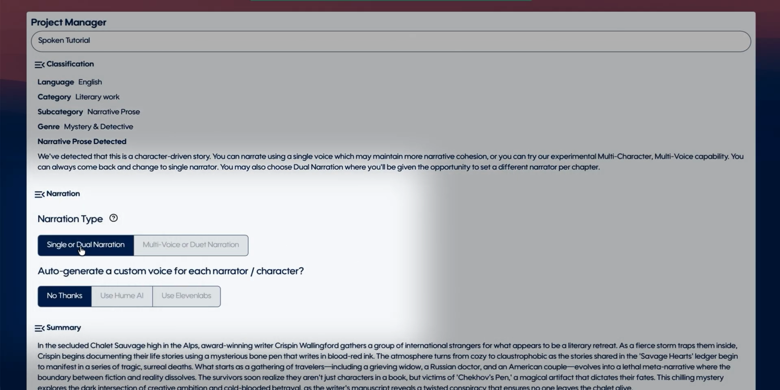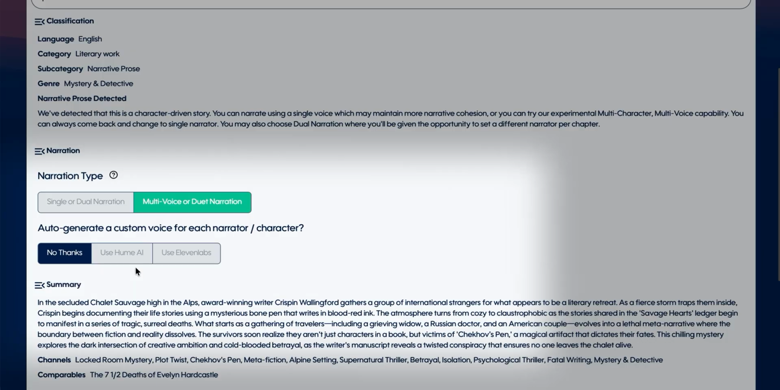If you wish to go with either single or multi, you can also auto-generate the voices that are right for your narrator and your characters as identified from how you wrote those characters. We'll do an in-depth analysis of each of the attributes of your character to generate just the right voice. And you can choose between Hume AI or 11 Labs to generate those custom voices for your narrator and every